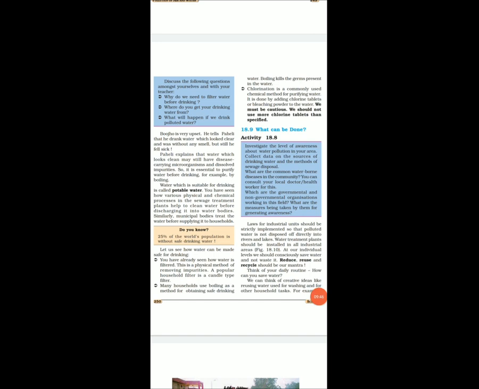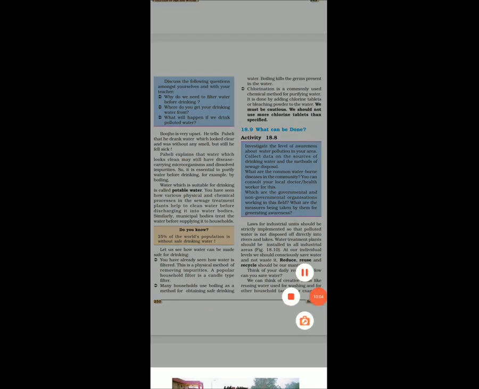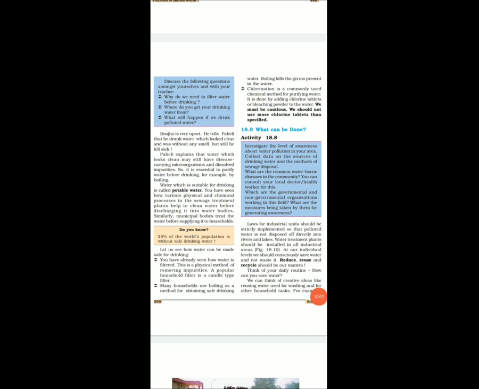Bujho is very upset. He tells Paheli that he drank water which looked clear and was without any smell, but still he felt sick. Paheli explains that water which looks clean may still have disease-carrying